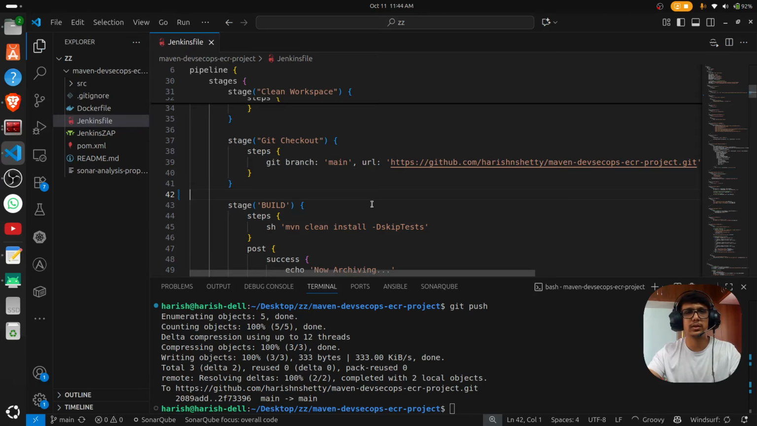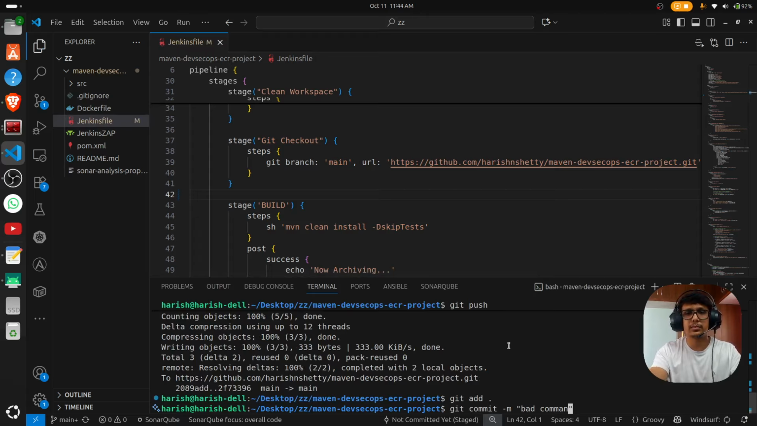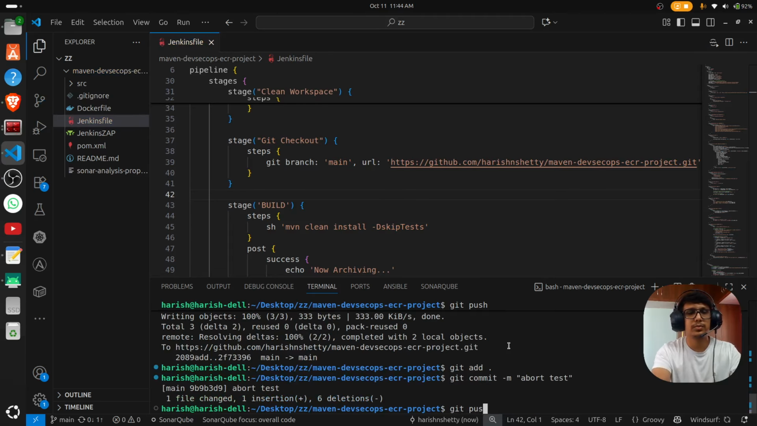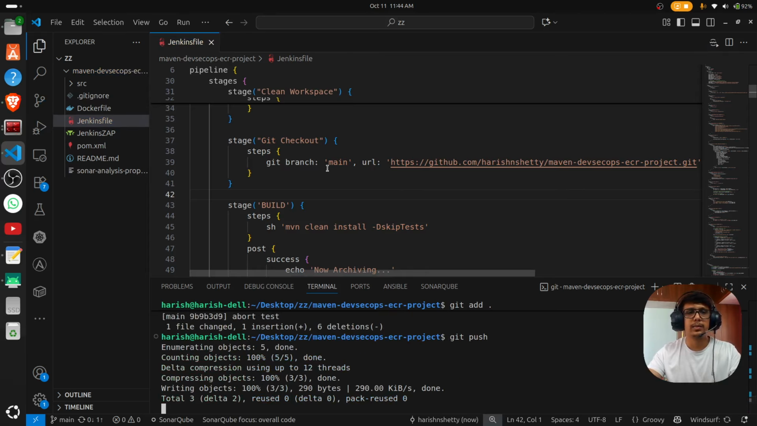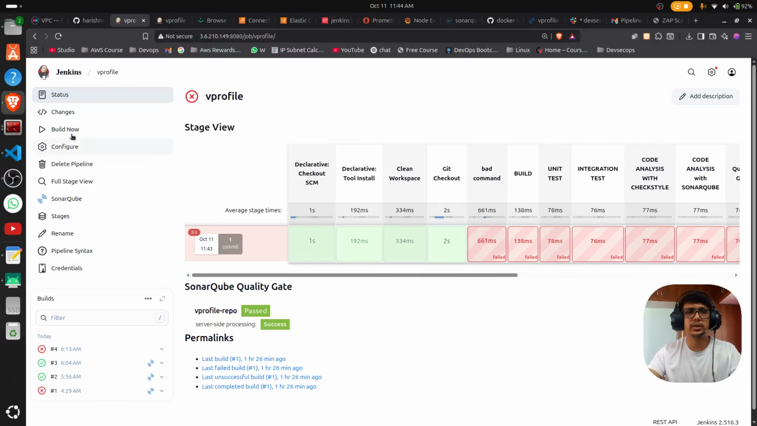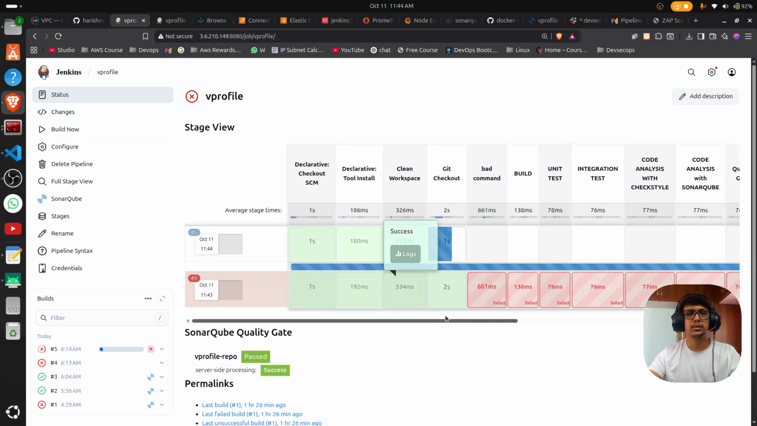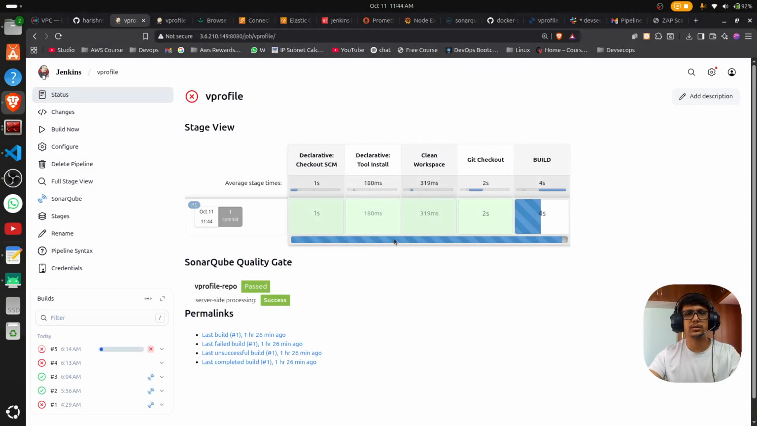Package, save it. This is the git push. The pipeline is correct right now. Intentionally I'm going to stop the pipeline. Where is it here, stop it. Yes,